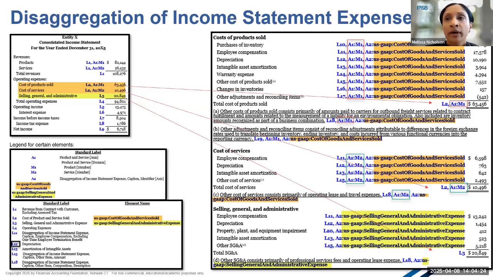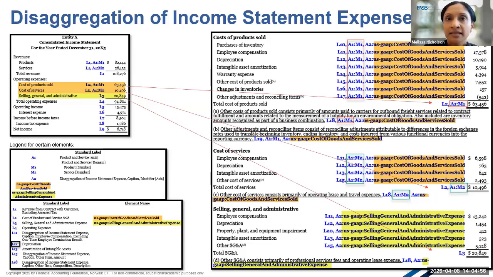Now, when it comes to tagging the captions for cost of goods sold and cost of services, it gets a little more involved because the XBRL model for tagging this information is to use the same line item element, L2 for cost of products and service sold, with the A1 product and service axis and the applicable member element. So what I just walked through for the SG&A caption still holds for the cost of products sold and cost of services,